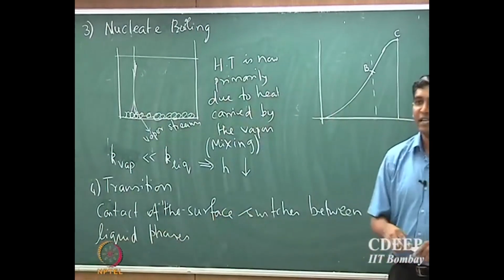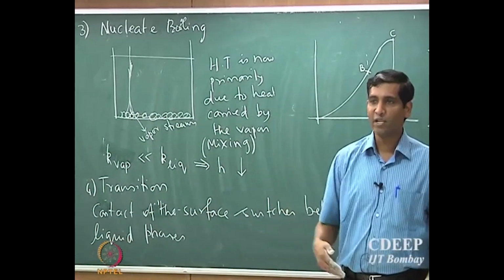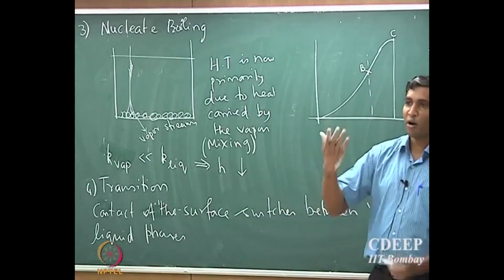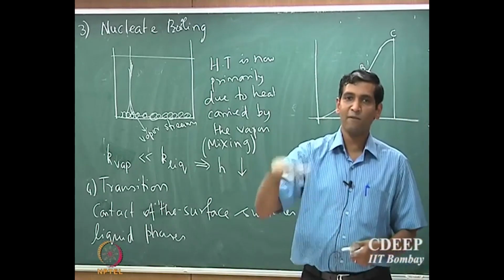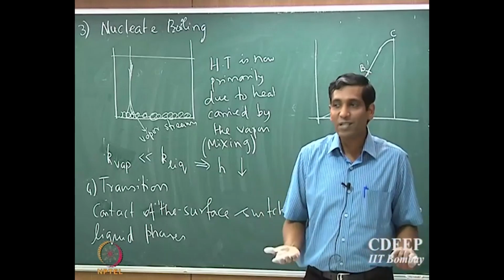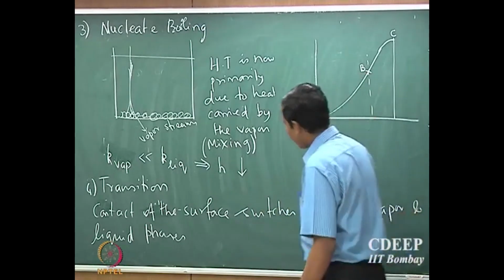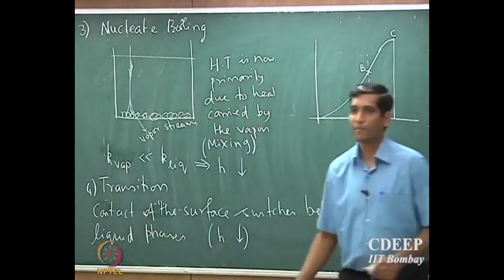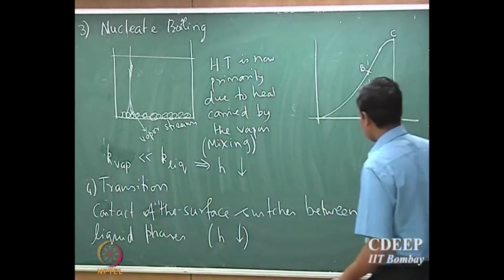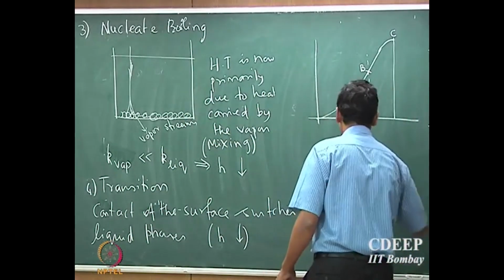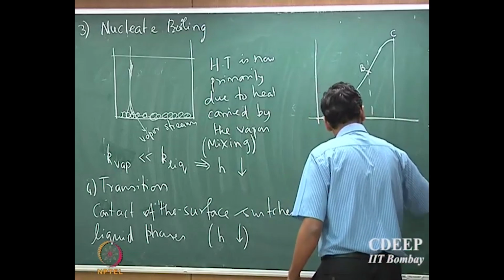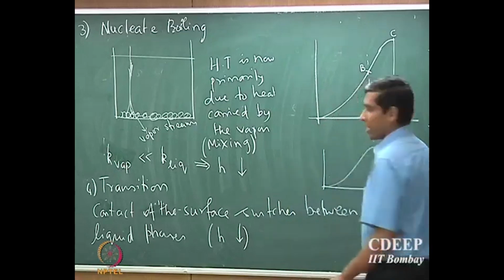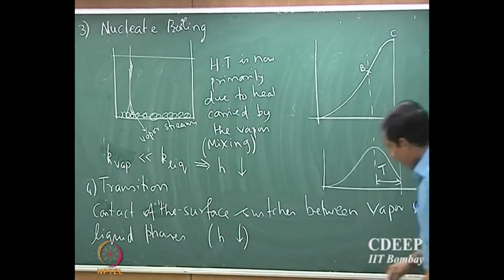So therefore the heat transport coefficient will continue to decrease because it's constantly switching, and so the residence time or the contact time between the fluid and the solid is going to be significantly smaller. Okay, so in the transition stage also the heat transport coefficient will continue to decrease. So that is the transition stage, from the maxima to the minima. So this is the transition stage. Okay. And the last stage is the